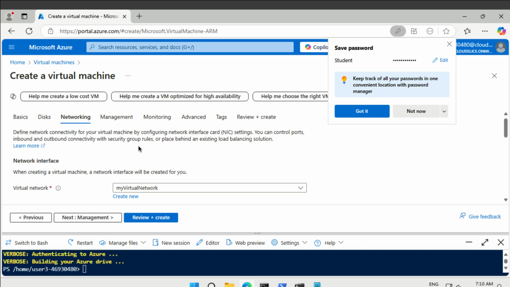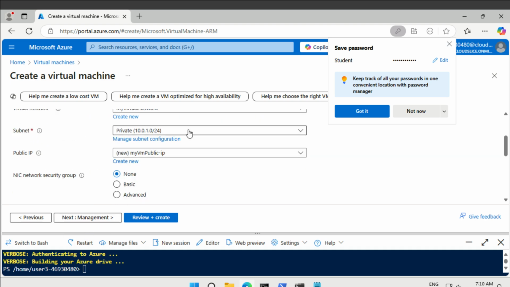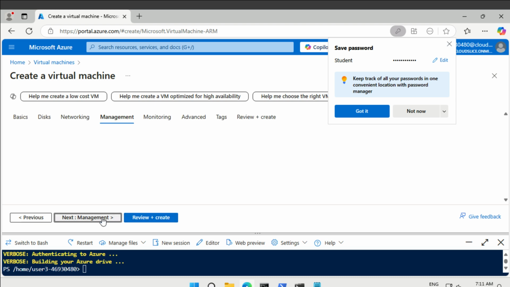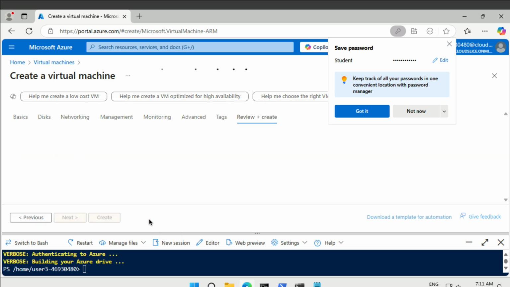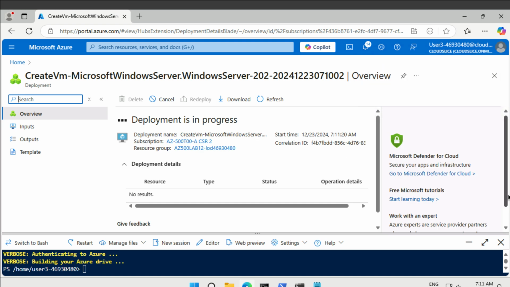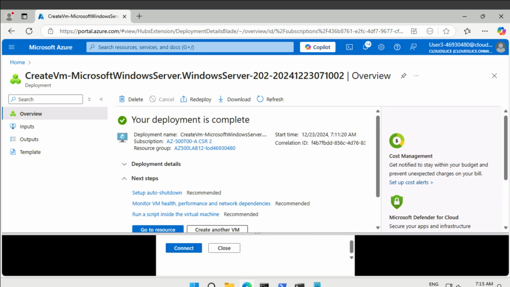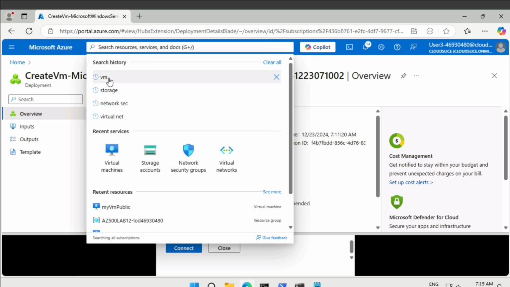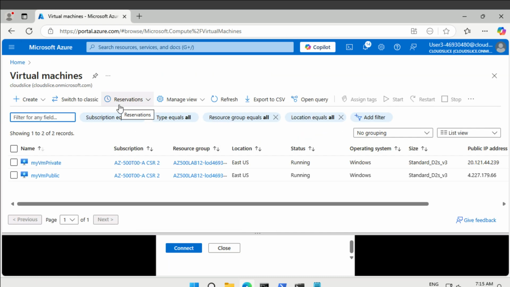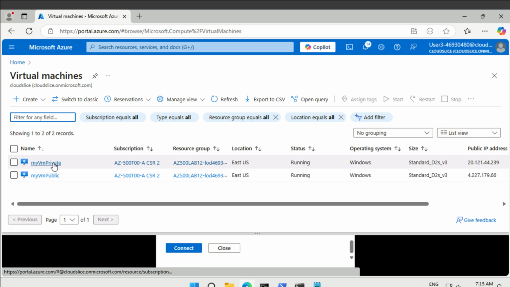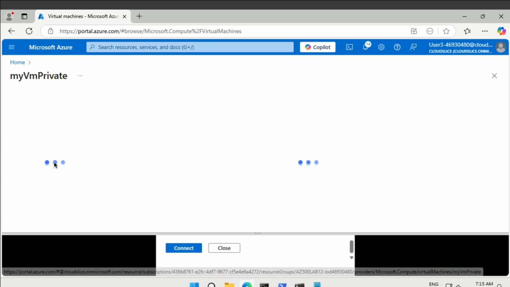Then in networking, this time I'm going to put it into the public. Right. There we go. And then I guess we can just review and create. All right, so that is done. So let's go back to our virtual machines. And here we have our private instance. So